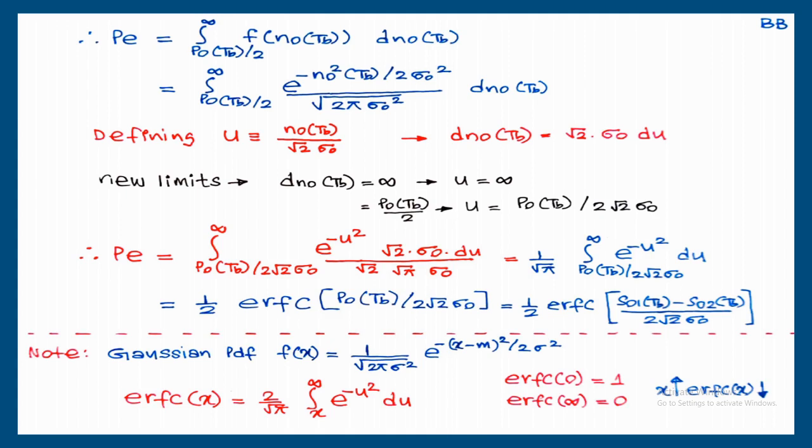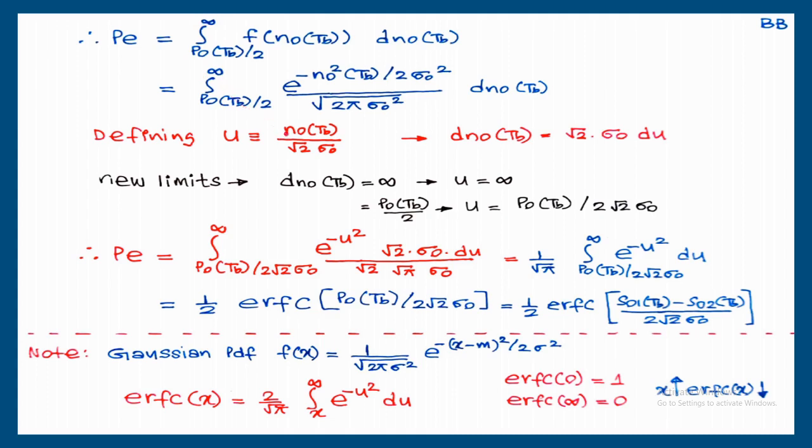is just to get the answer in terms of the error function or complementary error function, then go through the table. From the table the answer can be written. For that, our result should be converted into the error function or complementary error function. If it is the integration from 0 to x, the answer will be in terms of the error function. If it is from x to infinity, the answer will be in terms of the complementary error function. Here our result is from x to infinity, so the answer will come in terms of the complementary error function.